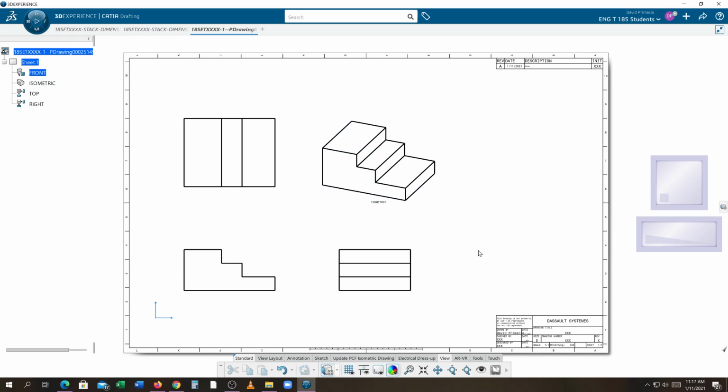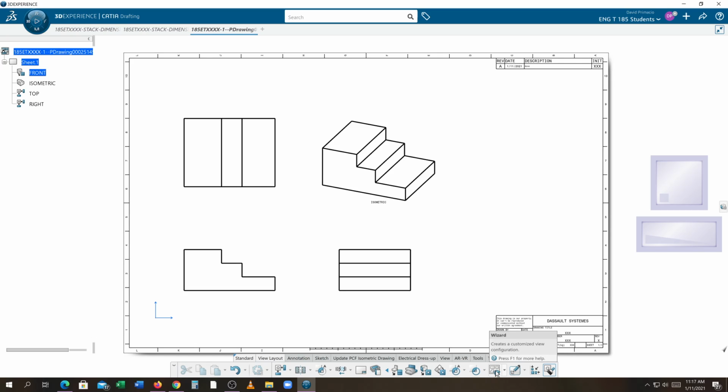Click off in no man's land here just so you can see I was able to quickly create all four views, quickly change the line font to be the right thickness all at once. Then you can start adding on your dimensions for your drawings. So that was my quick demo on the view layout tab using this arrow to go further over to find